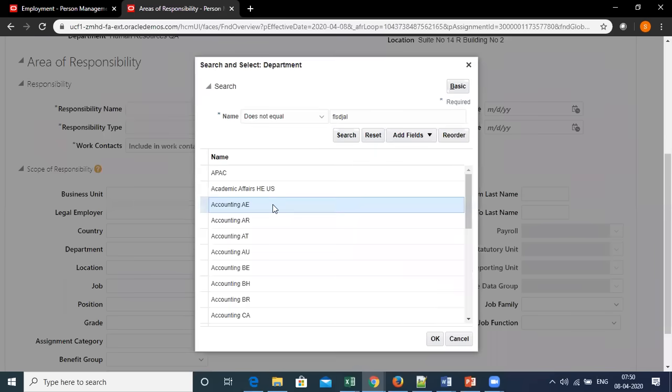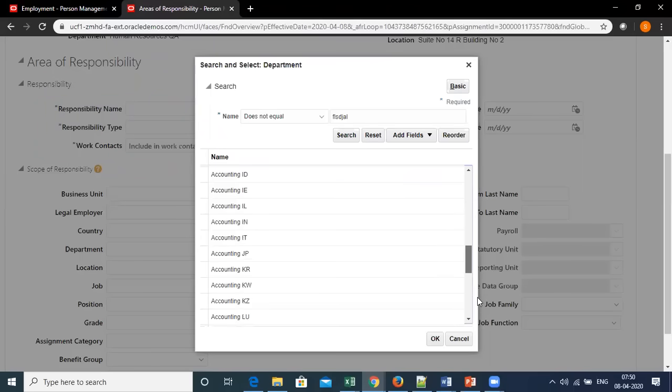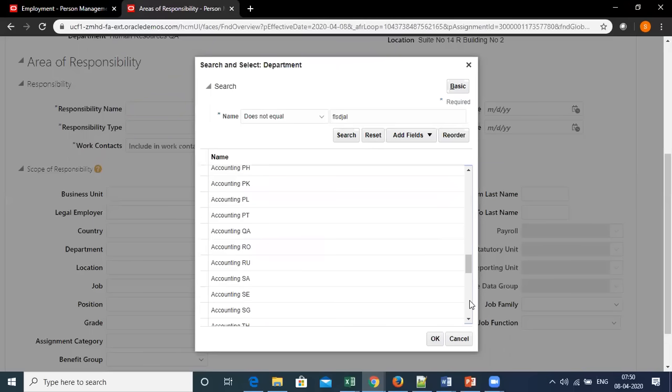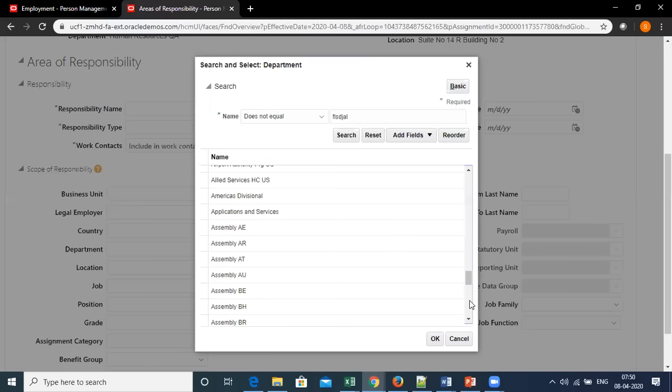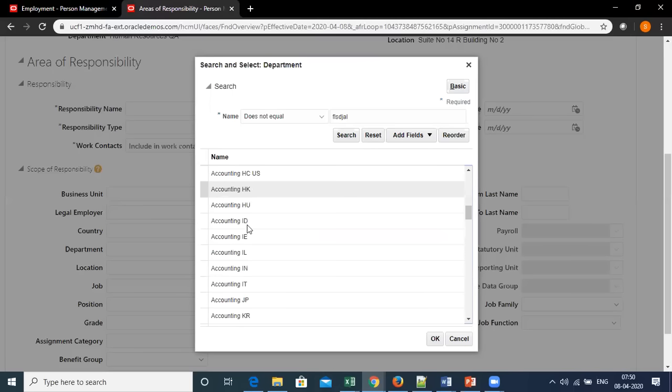Okay, so here accounting IN. We have various other departments, these are all the preloaded demo departments. So let me take this. Accounting is fine. Let me take accounting IN. I will just assign this here.